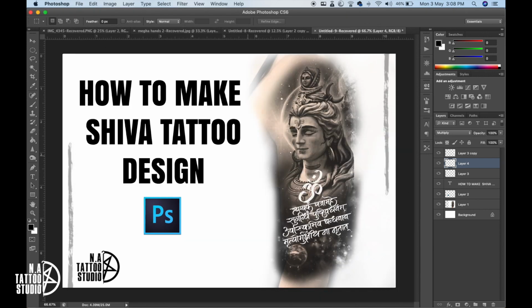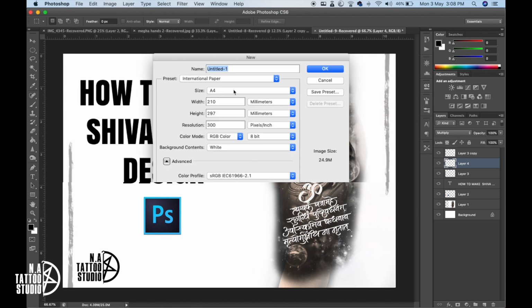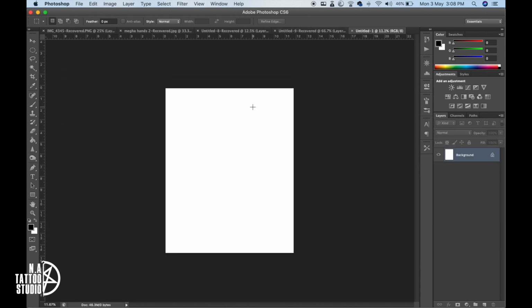So in Photoshop I'll press Ctrl N to make a new file. Now I want to make an image that is large in size. So that is why I'll be switching to inches. And then here I'll be writing 12 inches as width, 15 inches as height. My resolution will be 300 because I actually want to print it out on a paper. So here is my canvas.